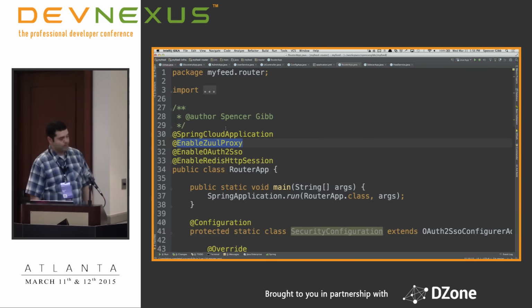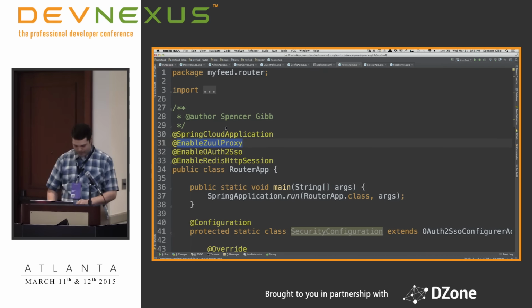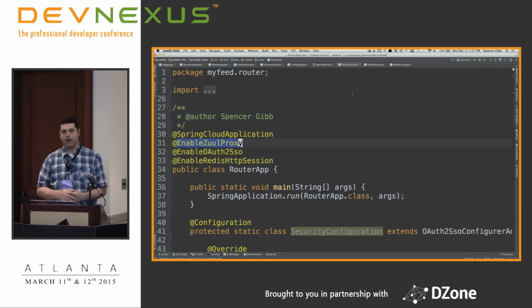Enable Zuul Proxy. That's it. Zuul is kind of a blank slate. If you just run it, nothing will. If you just put the servlet in your app, nothing would happen.